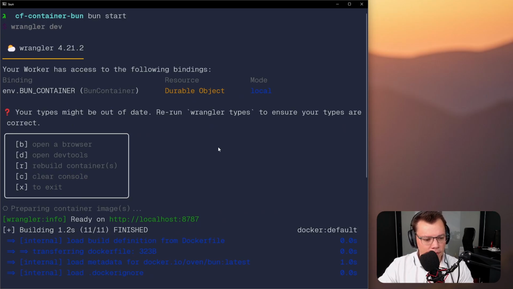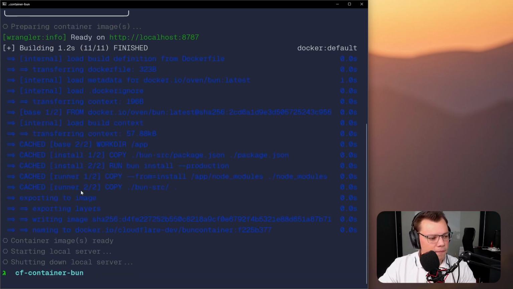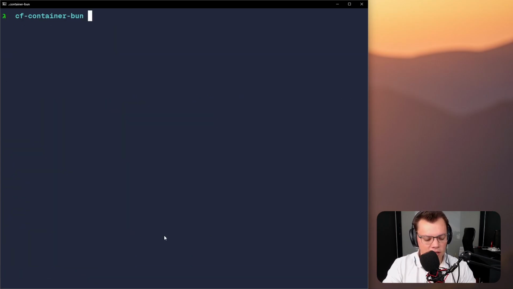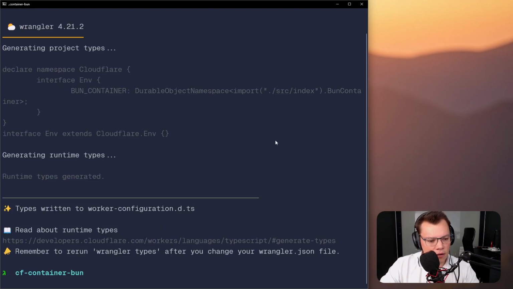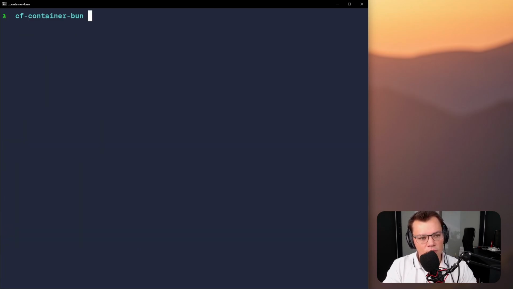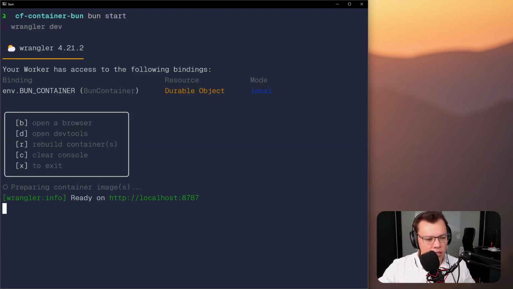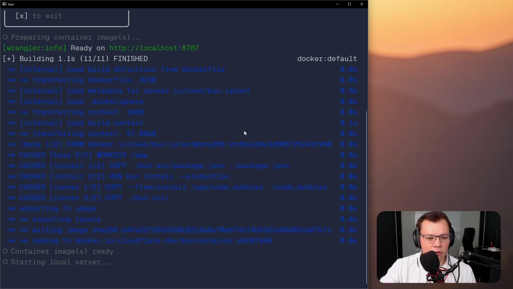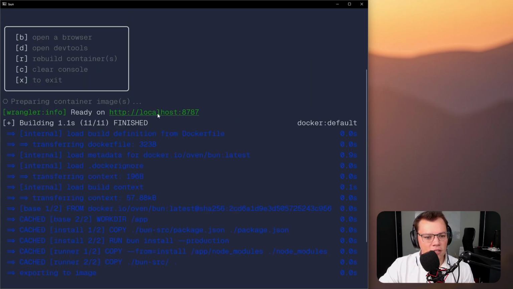So I'm going to first cancel this one. I'm just going to rerun the gen type. So bun gen types. And it did run that again. And then I'm going to run bun start. So this is how the flow usually works. It's kind of quick after the initial build, because you can see it's using cached data from the different install steps. So if we follow this link now,